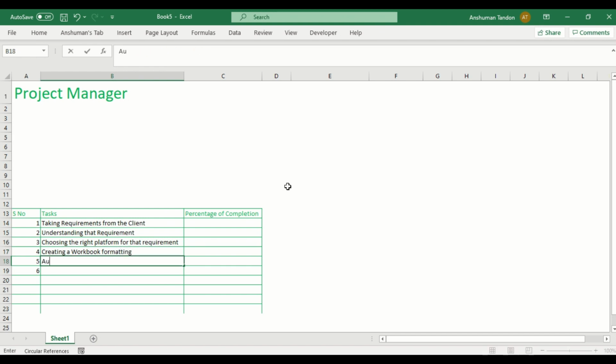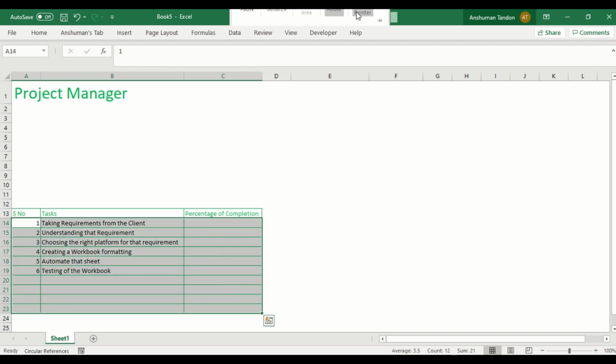Then I can say automate the sheet and complete it, I just simply put automate that sheet. And then the last step will be the testing of the workbook. So I have just divided that into 6 steps of creating any Excel workbook over here.